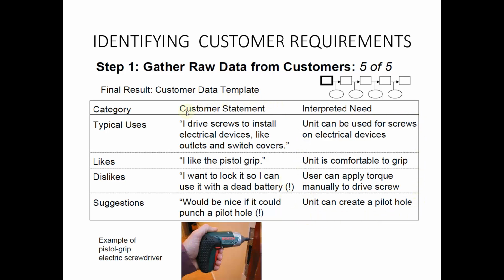So these are now the requirements from the customer. The customer has stated the raw data. This is the raw data, and this is the interpretation, what we have understood from the raw data. So these are the requirements. This exclamation mark shows that these are not the primary requirements that the customer has. These are additional requirements. That is why an exclamation mark is shown here as a representation.